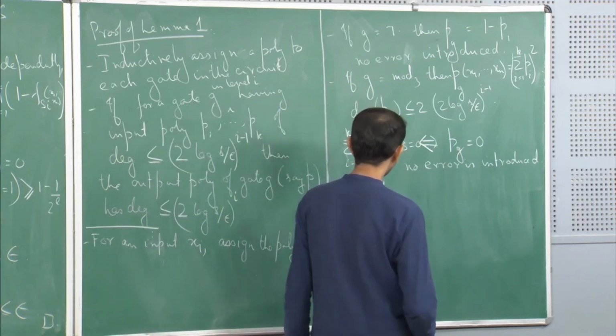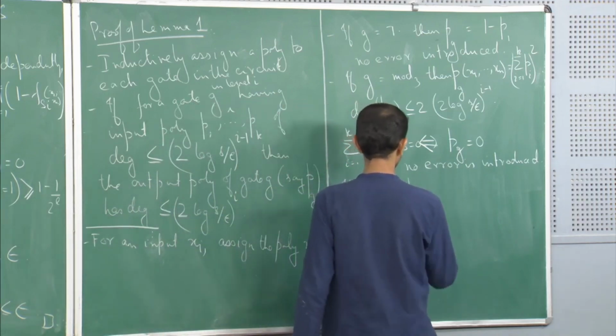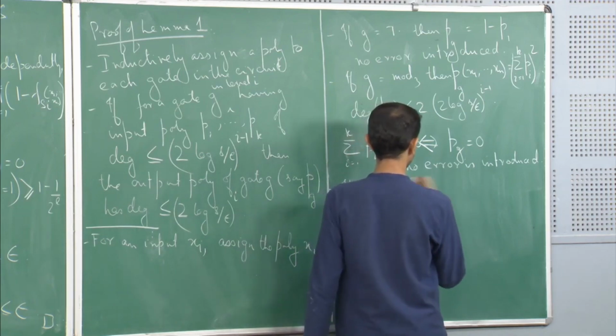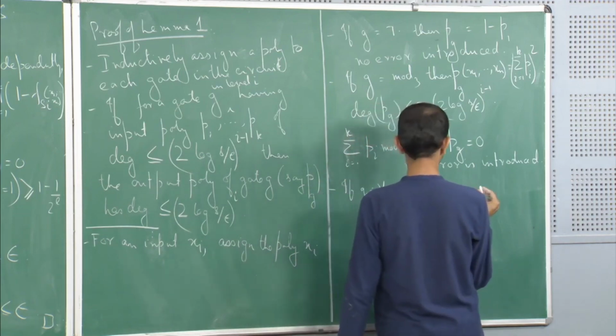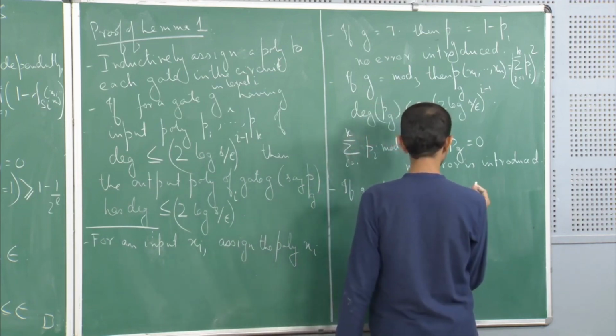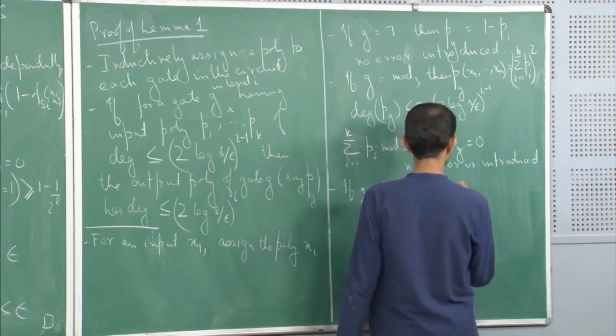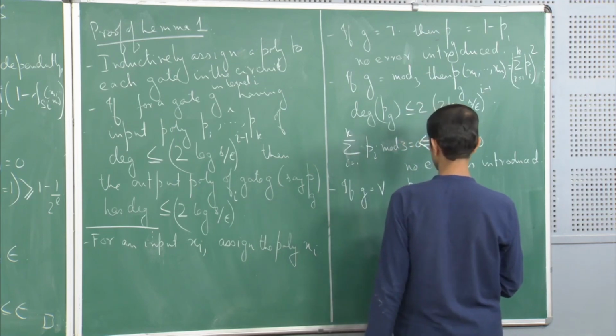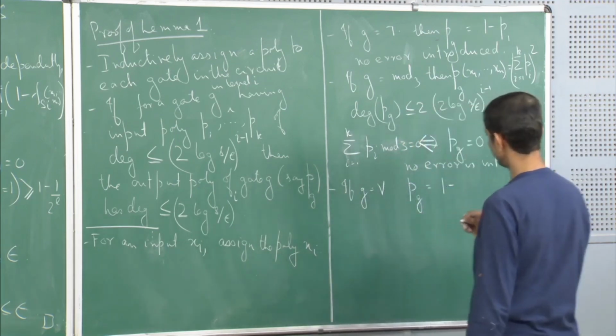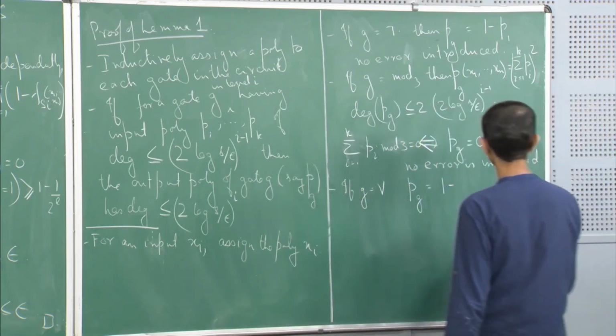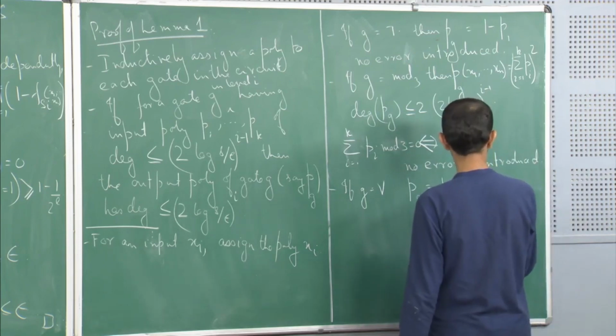So, we define Pg. Now you can guess what it will be. It will be 1 minus the product of